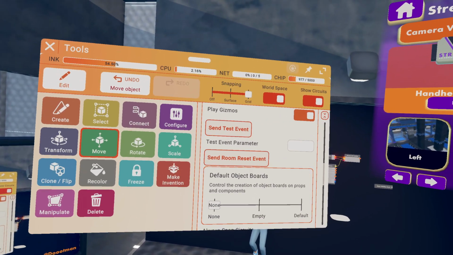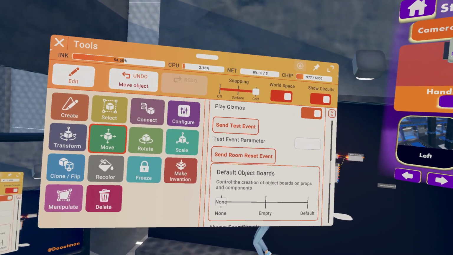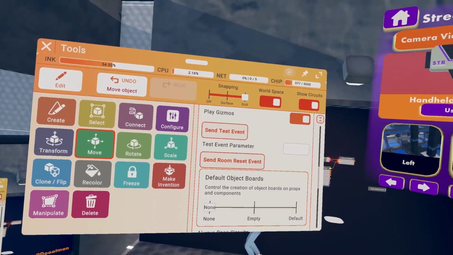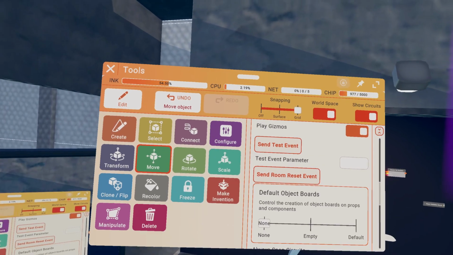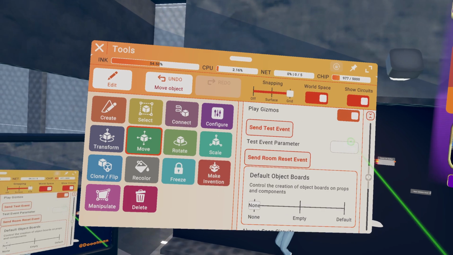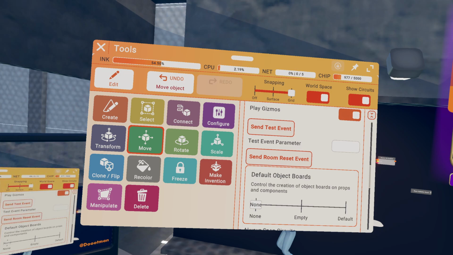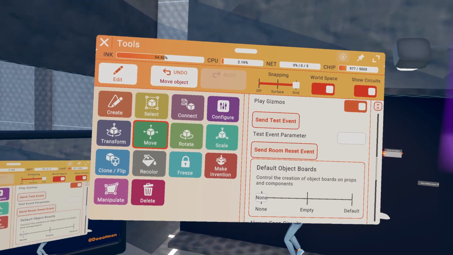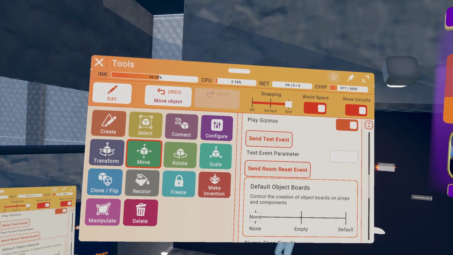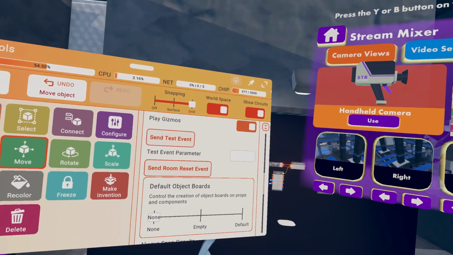If I hit the send test event button, this event receiver here will run. It will take this orange exec and run whatever it's connected to. And this purple parameter port will have the value of whatever you type into the test event parameter field. So for instance, you could type a player name, and then you run send test event, and when this runs, parameter will have that name. Then you could have chips that convert the name into the player and do whatever you want with them. You can teleport them somewhere or mute them or whatever.